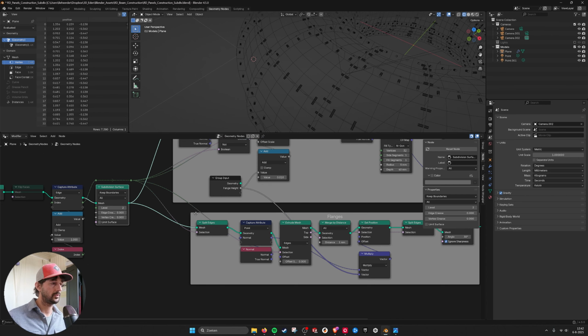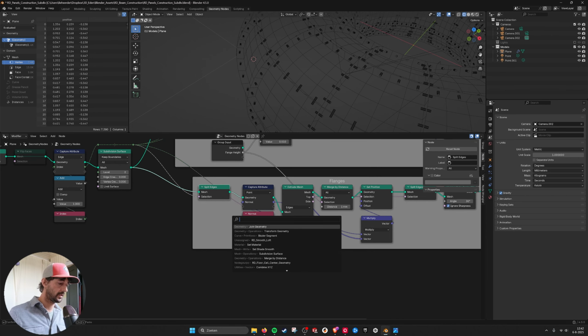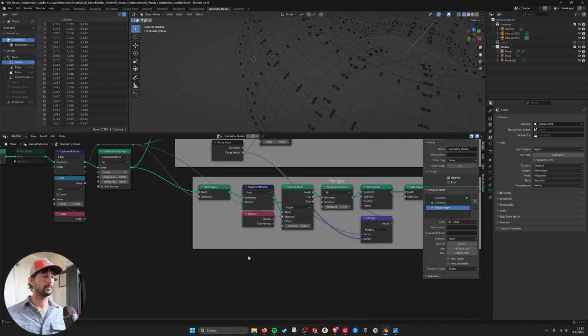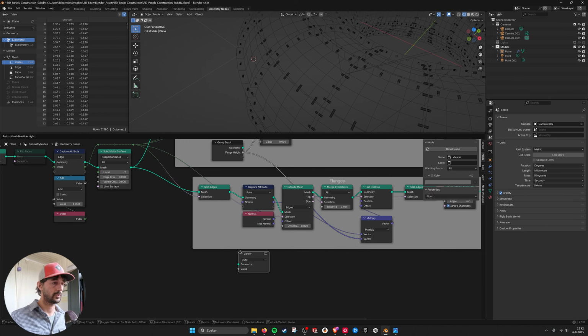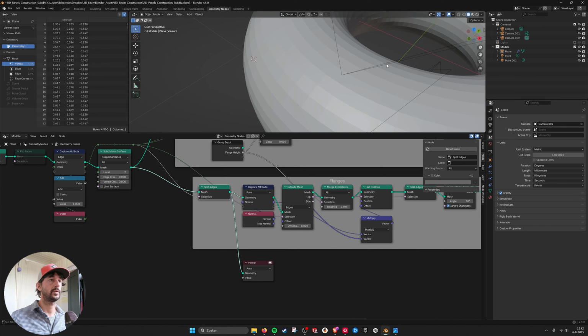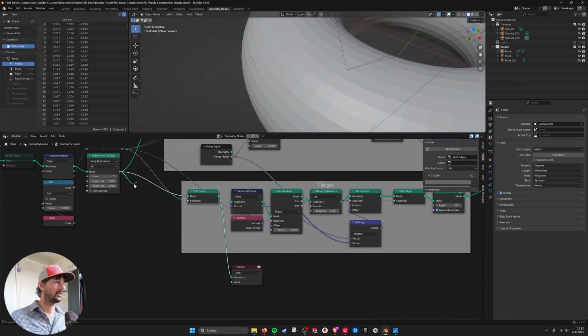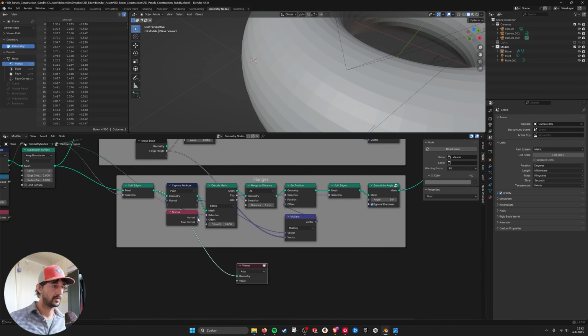So here I'm using it to split the edges. If I make a viewer node again, oh, it disappeared. Let's make a viewer node again and go into split edges. So here we can see the subdivision. Then I split the edges. You don't really see it, but it's taking these edges to split them. Then I'm capturing the normals again. I'm extruding the mesh